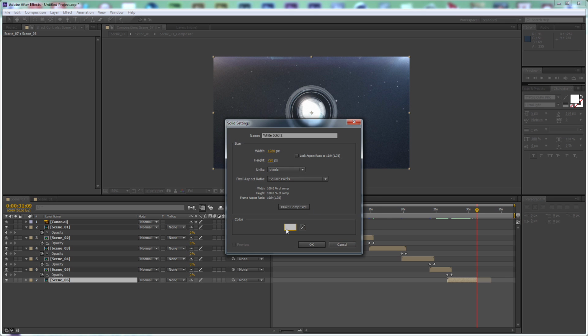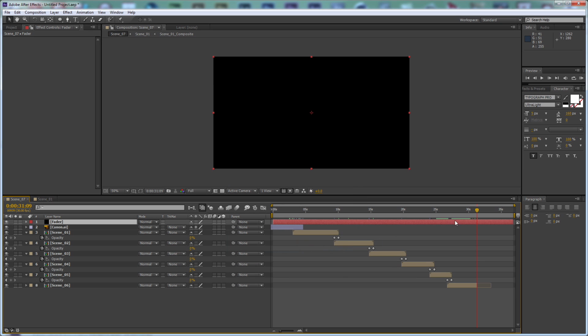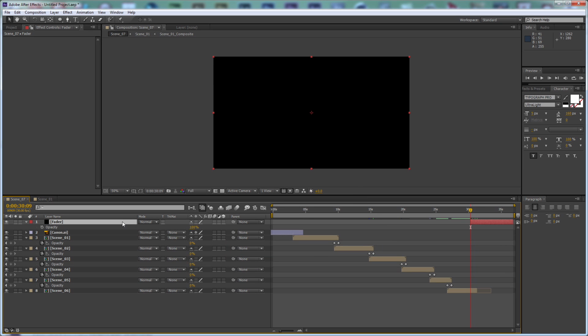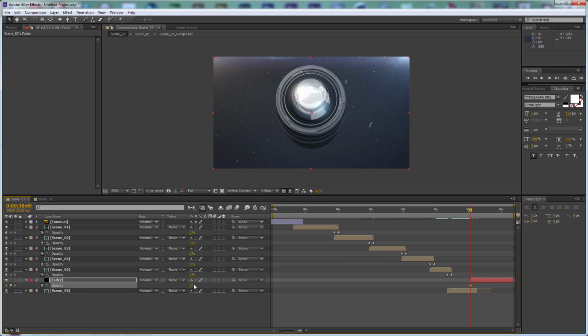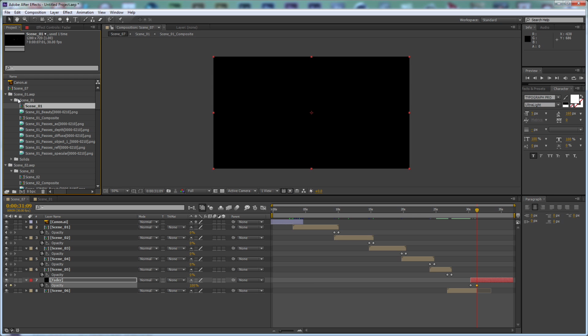We are going to create a black solid, and let's call it fader. And let's make it fade this. It has 30 frames to fade it, and now we are going to put the Canon logo again on the